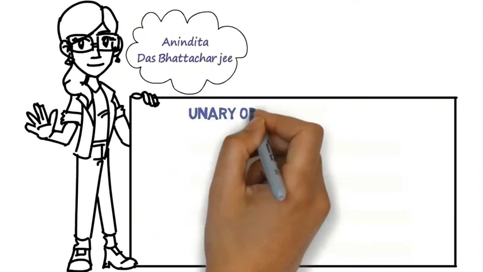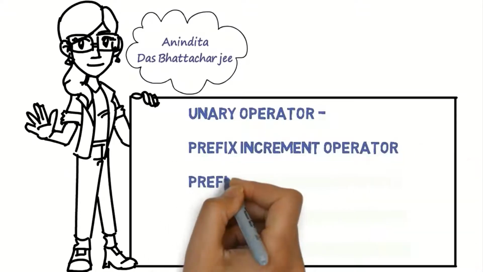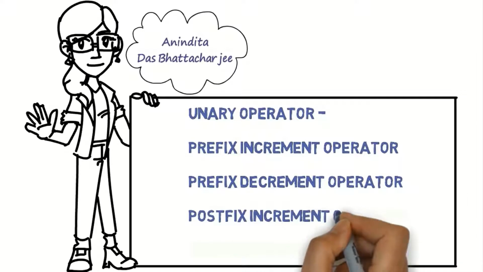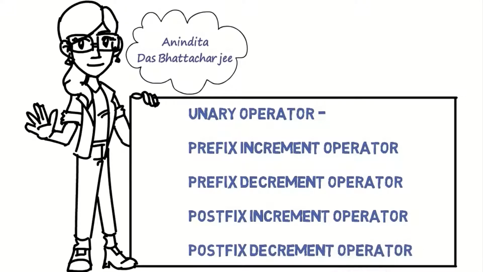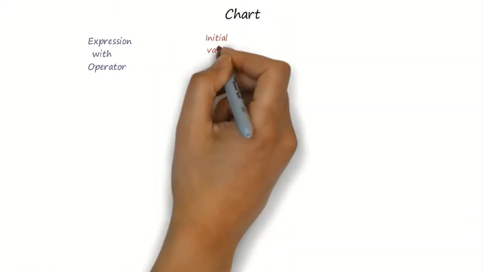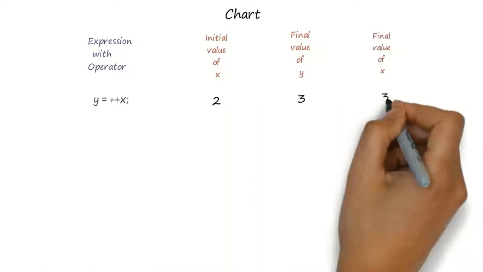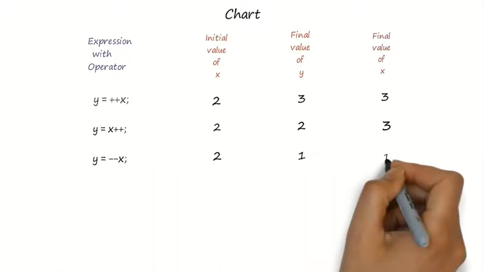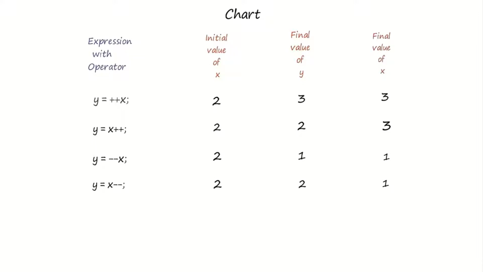This is a must-watch video to crack the coding round for any MNC drive. In this video, I have explained and solved all the possible cases of prefix and postfix, increment and decrement operators. In order to solve any pre or post increment or decrement operator based evaluation, let's understand this chart first. And then I will solve different possible critical cases one by one on these operators.